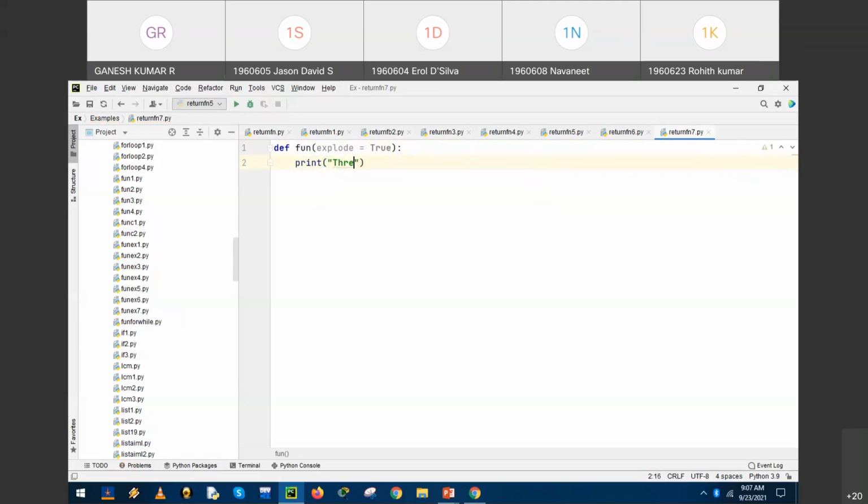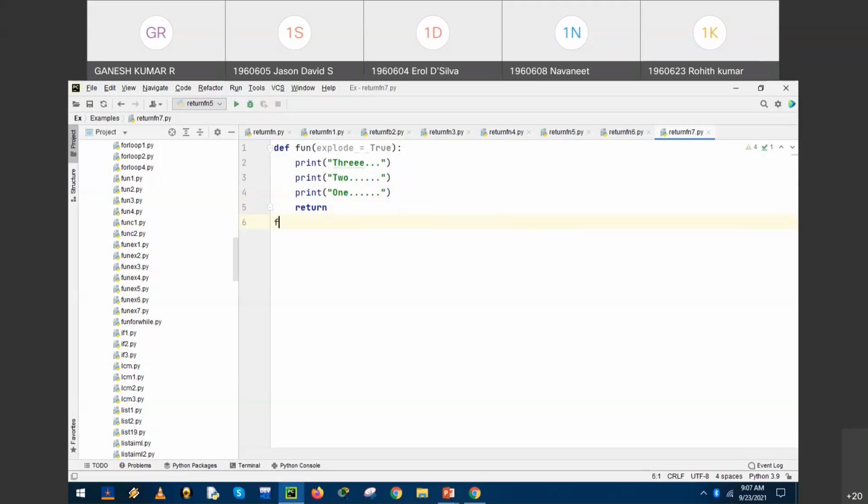Print 3, print 2, print 1. Is it clear? Then we introduce return. When a function is defined, it should be invoked after the function body.